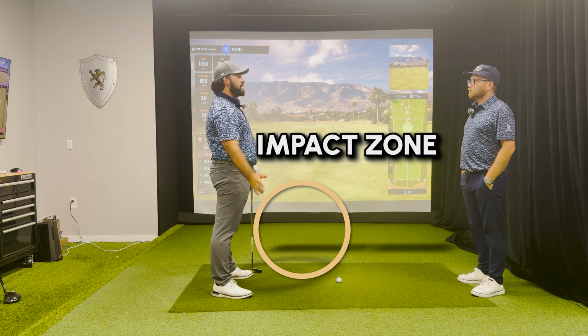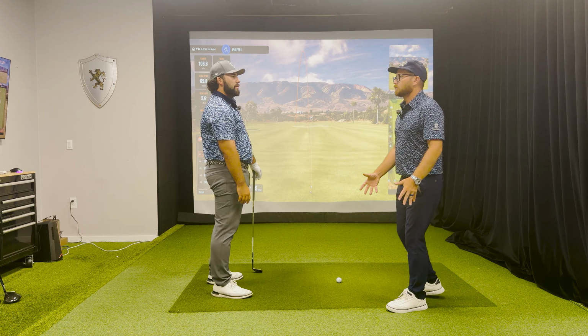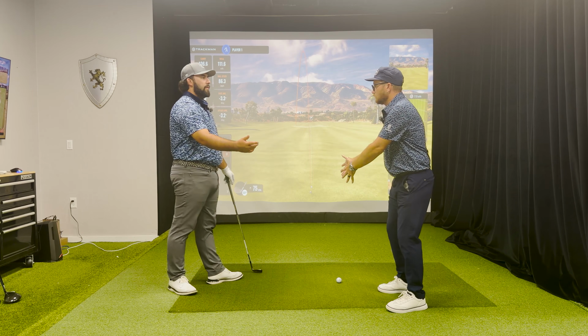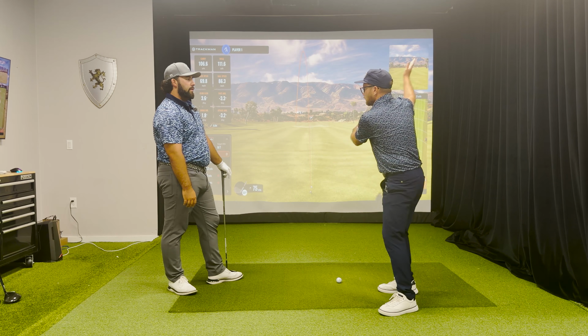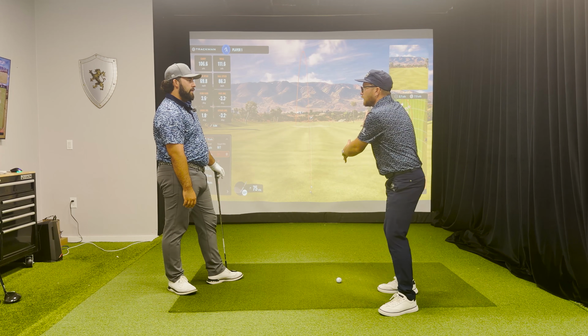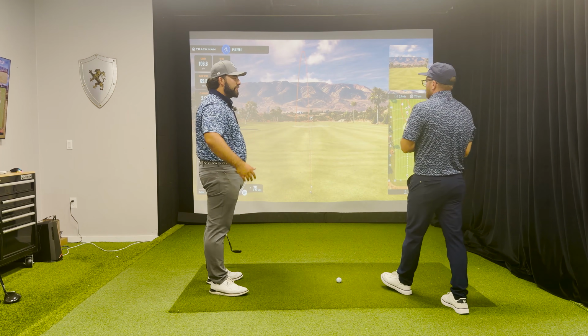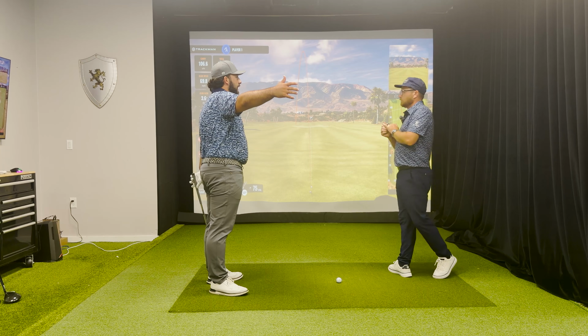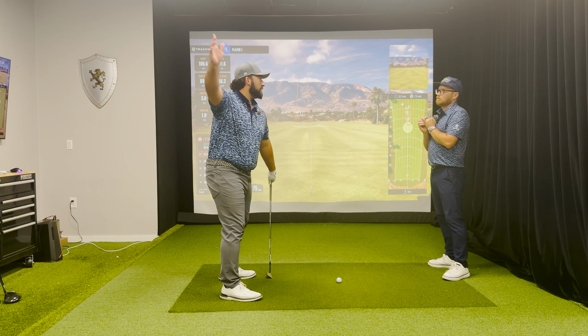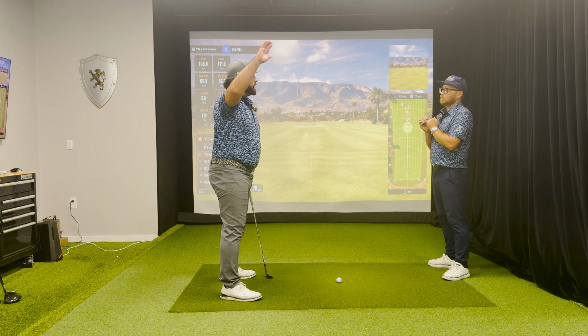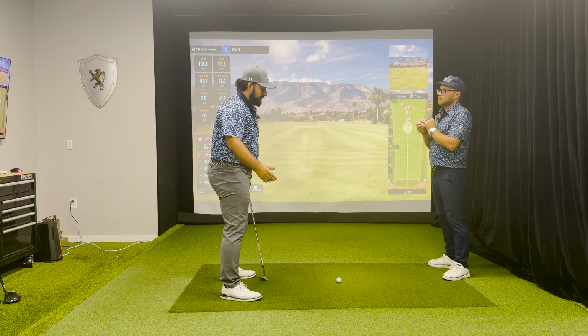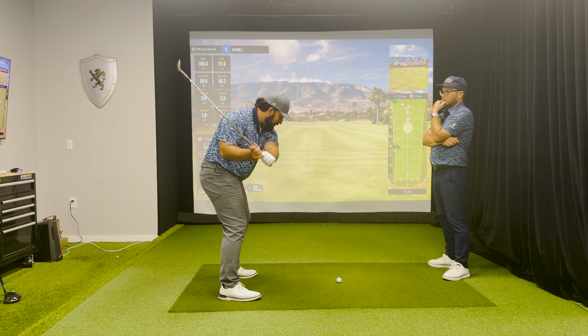is going to be good. You're more concerned about making a nice on-plane move this way, and if you get your swing direction working on the right path, when you get down at the bottom, it's going to be where you need it to be. Now there's different ways to look at that, because it doesn't have to be just one way. There are a lot of different ways to get the job done,